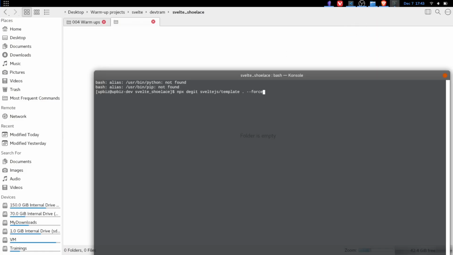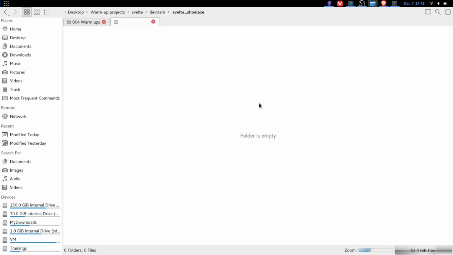So I type npx degit sveltejs/template . --force. This force just actually creates a blank Svelte project within the same folder. I hit enter, and then next I have to